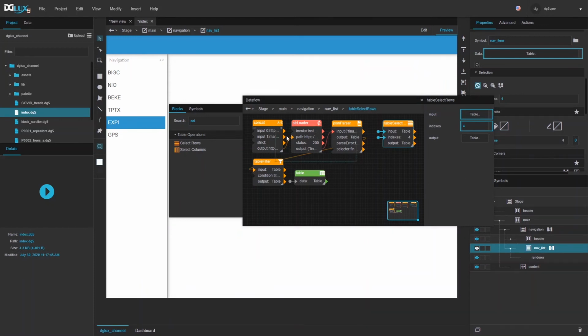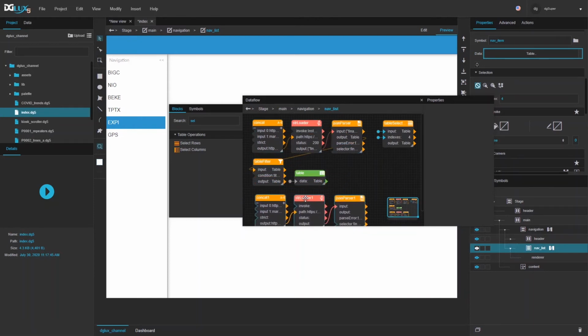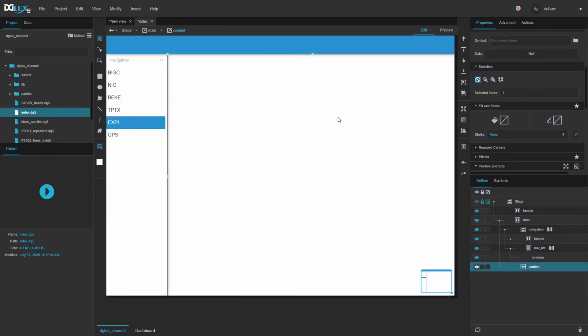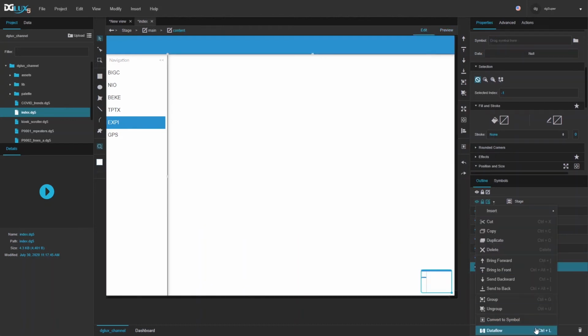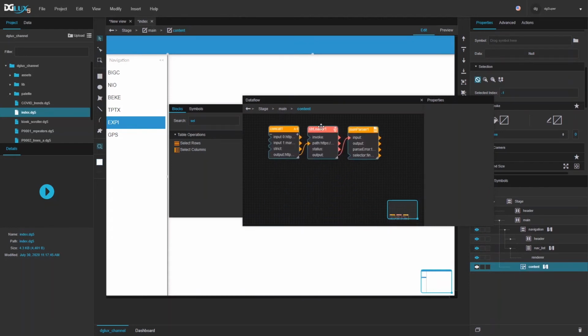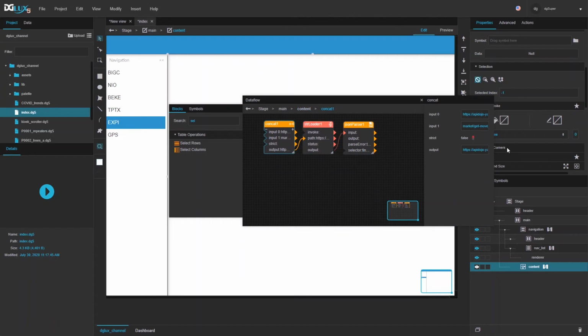I'm going to copy this whole setup. Actually, I'm going to cut it from here, and I'm going to now move on to my main area and do it there. Okay, so this is our endpoint